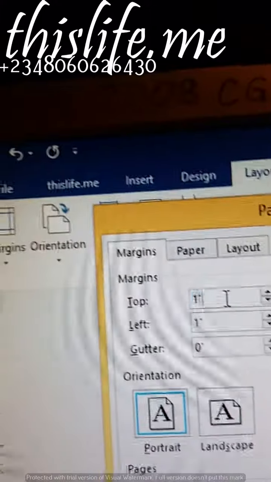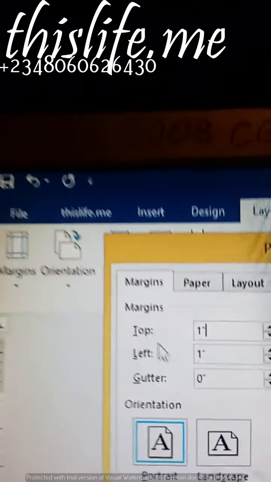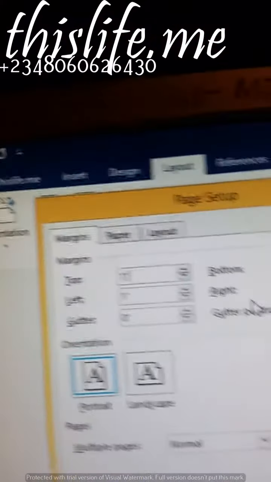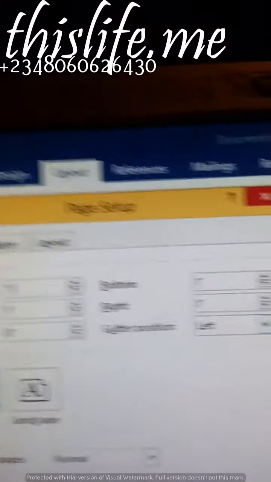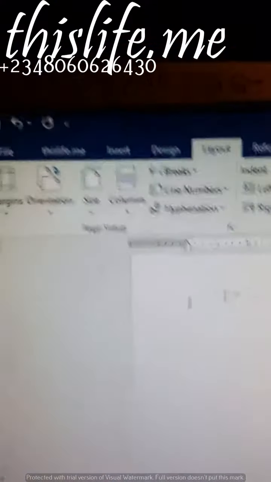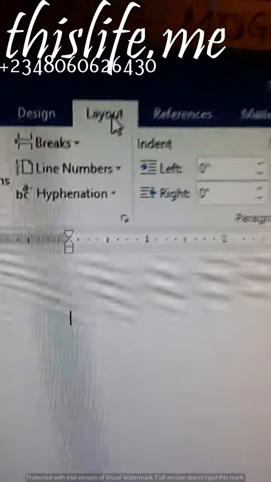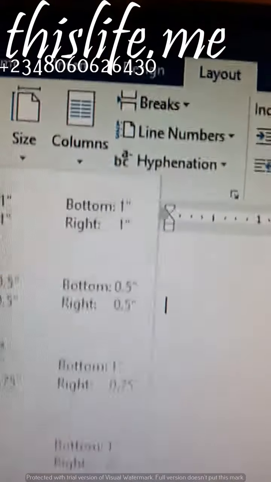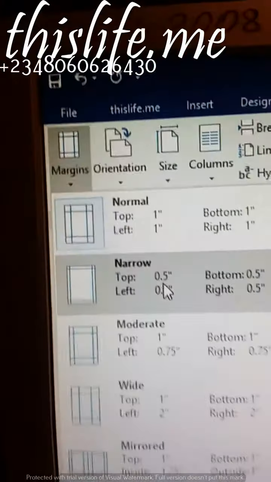Now you can manually type your top, left, bottom and right margins, but it hardly comes to this stage. When you are doing normal work, just clicking on Page Setup, then Margins, you have the option of choosing either Normal or Narrow.